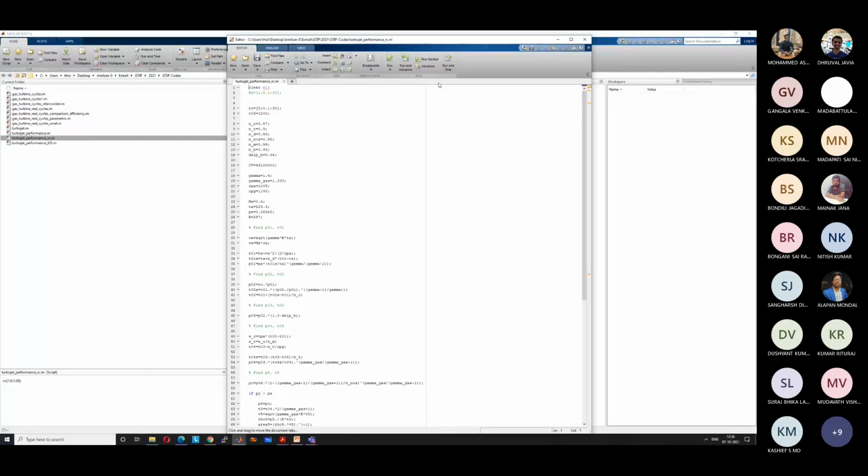Okay, my font size may be very small because my resolution is very high. Is it visible to you guys? Fonts? No, sir. How to increase the font size? Anyone knows in MATLAB? I don't want to decrease the resolution. Then everything again I have to rechange. Does not matter because I can show the graphs anyway.